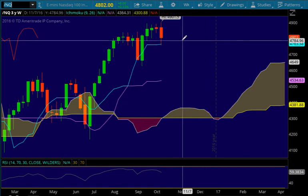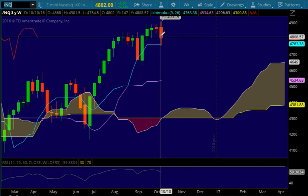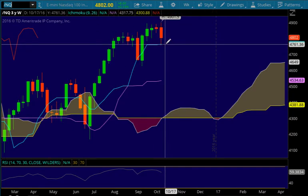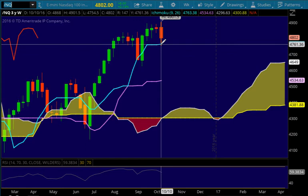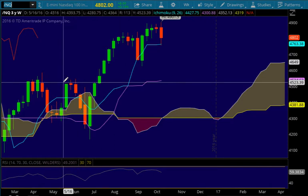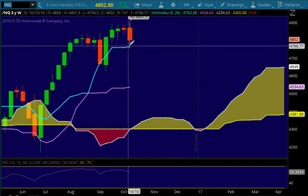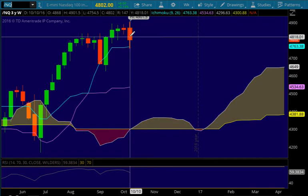So looking at the NASDAQ, we see that we are fully bullish in Ichimoku terms, and last week's candle, despite bearish activity, did manage to hold the Tenkan Sen, find support at the Tenkan Sen and bounce. So that's kind of important. So if we do find more selling, the NASDAQ support will be located at 4763.38 or wherever the Tenkan Sen opens up. If you notice, let me zoom in a little bit, it might make it easier. Tenkan Sen is actually tipping up here, just a slight bit,